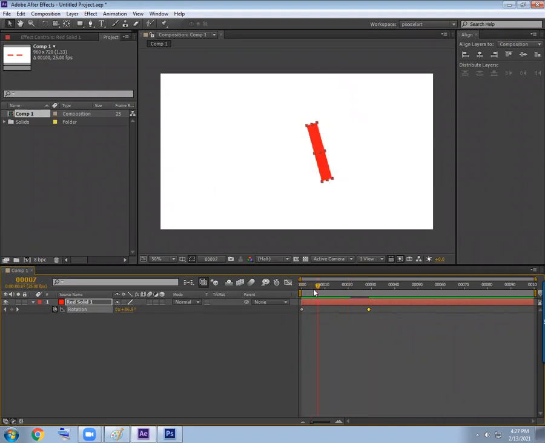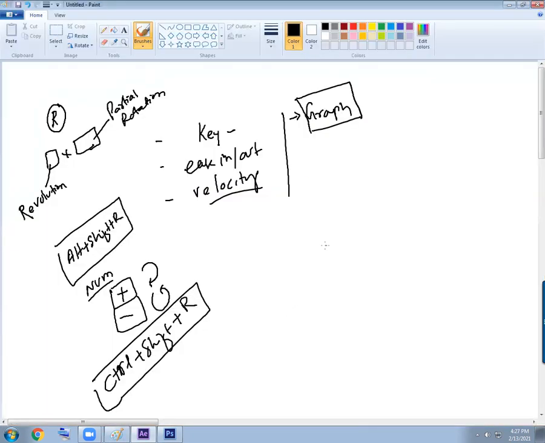Now we'll move. Our job of learning is to switch to the advanced animation factor, the graph editor. Is it okay? Velocity, hope we have understood how to control the velocity, what the numerical values are and how they are affecting. Now switching to the graph, all the high-end animating software are controlled by the graph. Fine. A graph has two factors: one is timing factor, another is value factor.